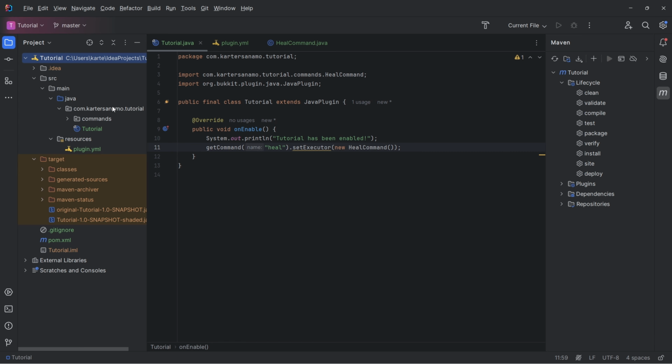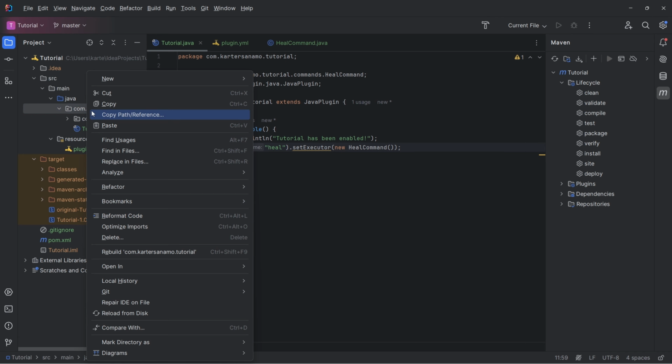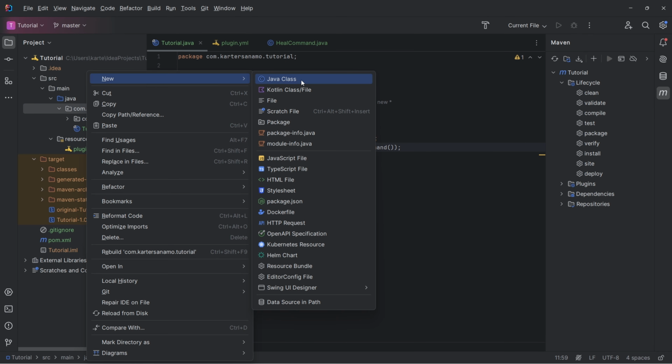All right, so for a listener, I do like to create its own package, just like I did for commands in the last episode. So we're going to go to our main package folder right here. We're going to right click on it, press new, Java class. And like I was saying in the last video, if you don't want to create it this way,